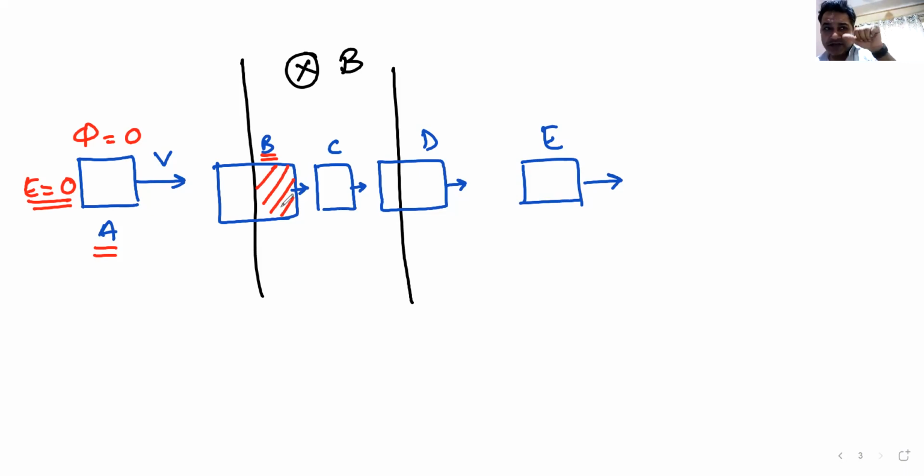As it is moving in, what is happening? Area of the coil, which is inside the magnetic field, is increasing. Remember, how can you change flux? We will come to this question after this. Either you can change B, or you can change A, or you can change theta, or you can change any two, or you can change all three. Here B is not changing, theta is not changing. Area, which is inside the magnetic field, that is changing.